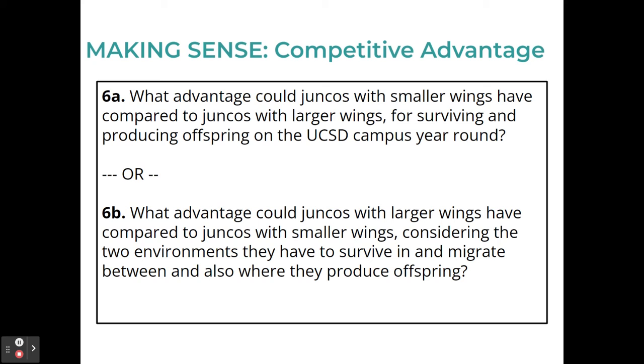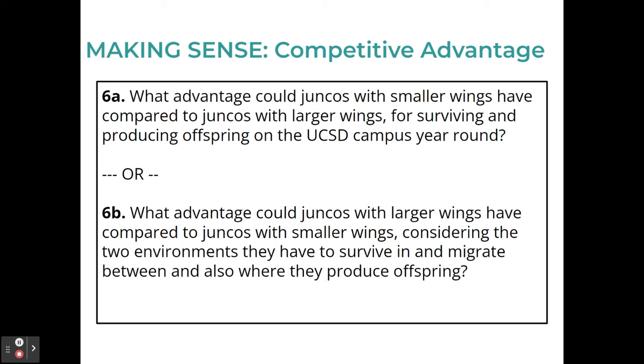The mountain juncos remind me of the 747 juncos. By having larger wings, they're going to be able to glide more on the air currents. It's going to take them less energy in order to fly, so they're going to be better for migrating those long distances without becoming too exhausted. They're going to be able to migrate back and forth to the mountain, but they're not going to be able to maneuver quite as well on the campus.